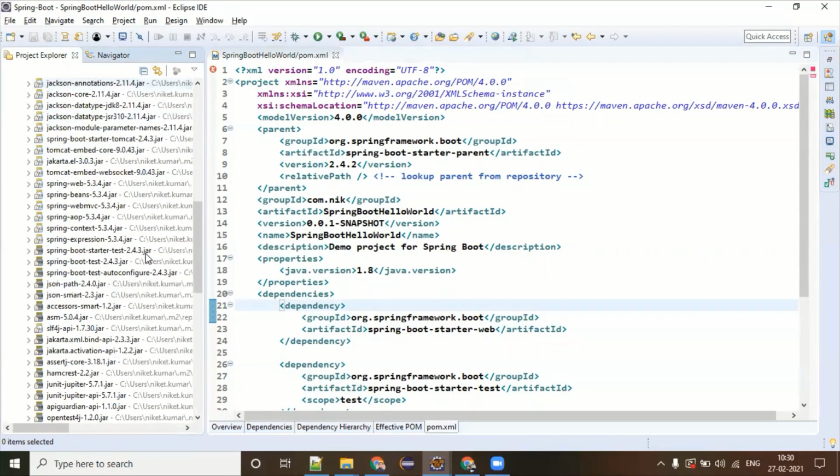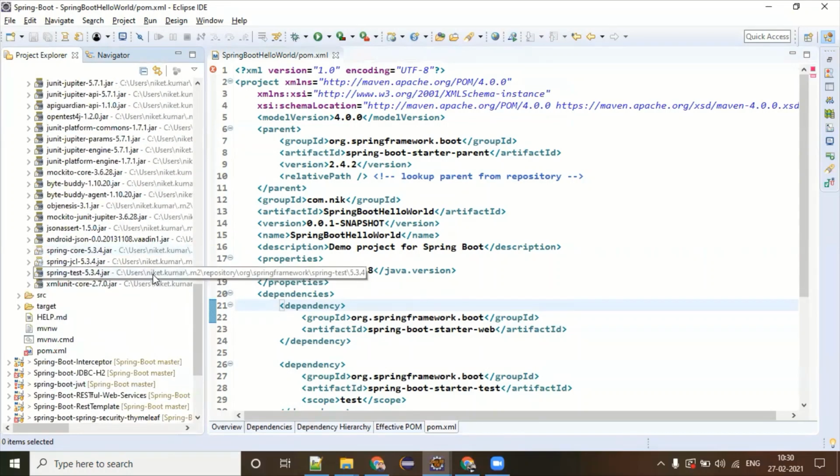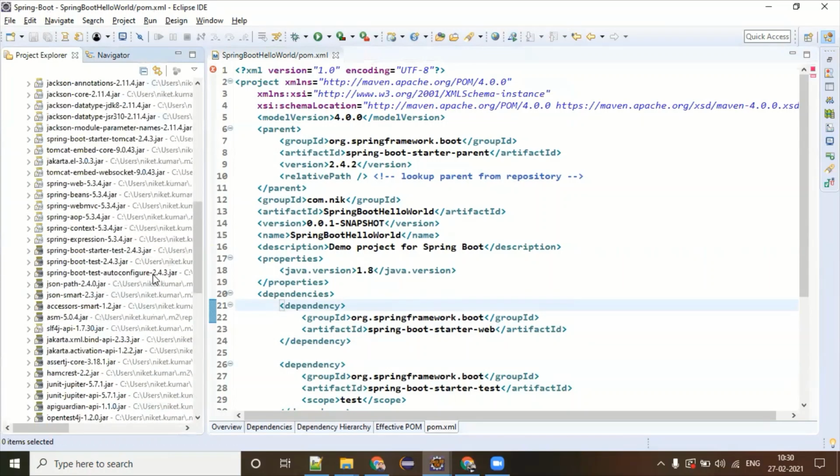You will also see Spring Core or Spring IOC. I'm not very sure where it is. Or it could be, yeah. Can you see that? Spring Core. So yes, these all came only by adding the parent dependencies. These are the jar files which Spring Boot has downloaded at the time of starting the application. In fact, downloading the dependencies for you.